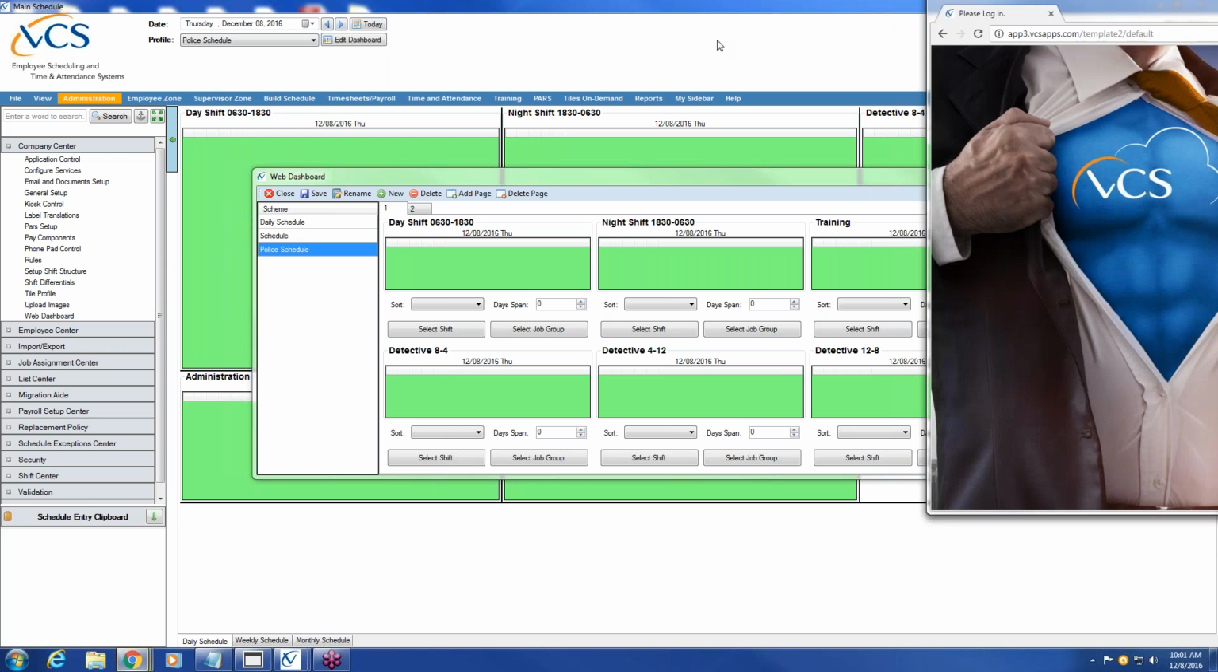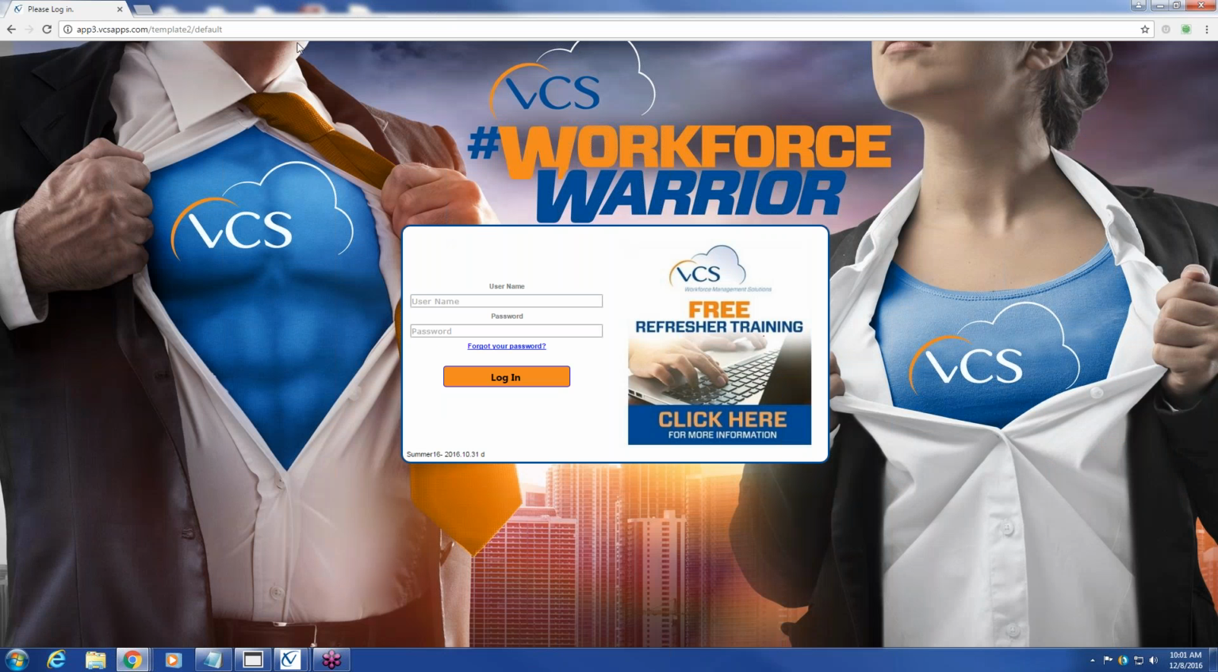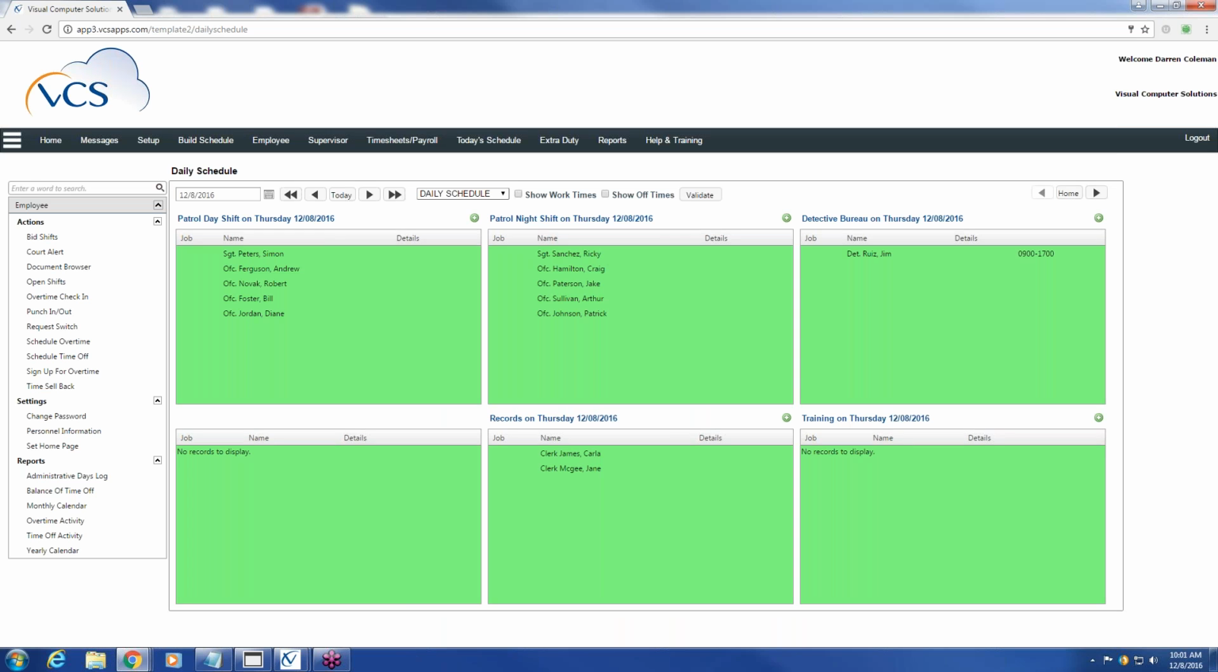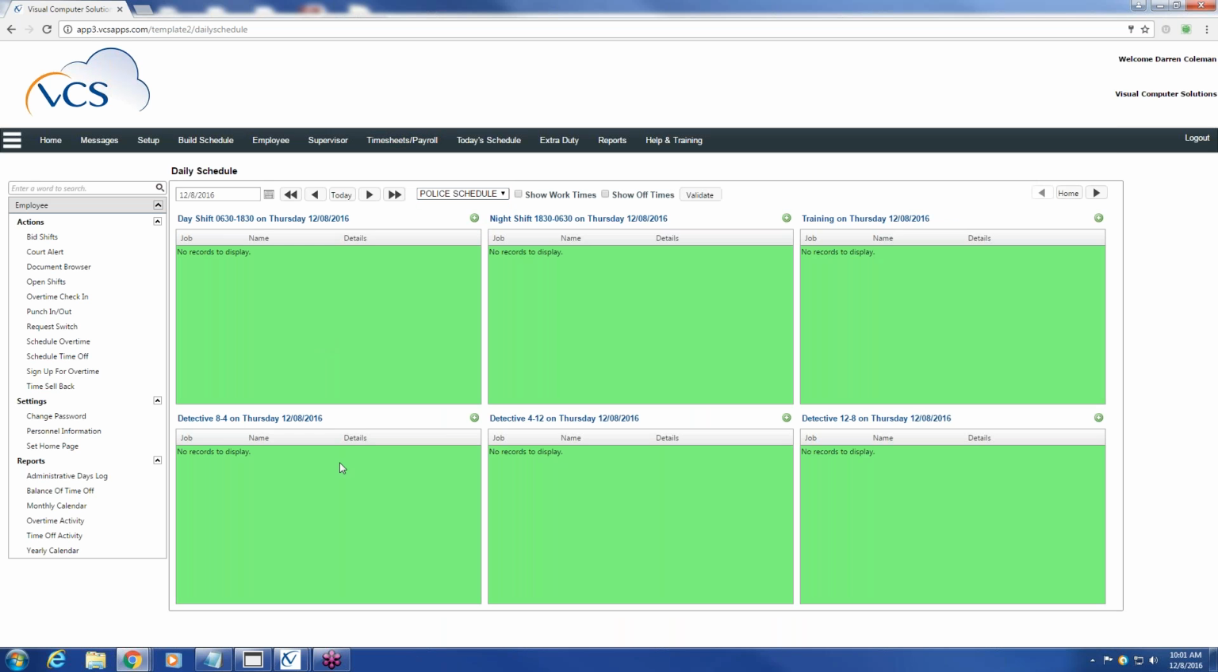So let's show you the web portal that most of your basic users will be logging on to. And I'm just going to log on with my administrative privileges here. So this is what we just built, the police schedule. This is how they're going to see all of the different shifts on that day. They're still going to have